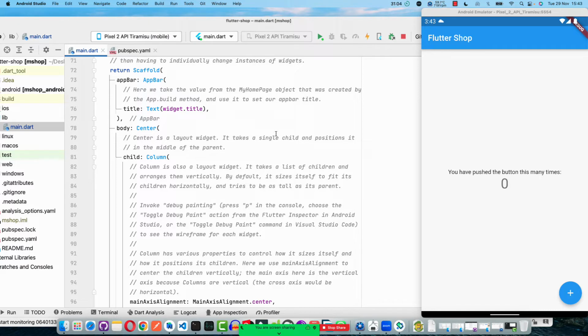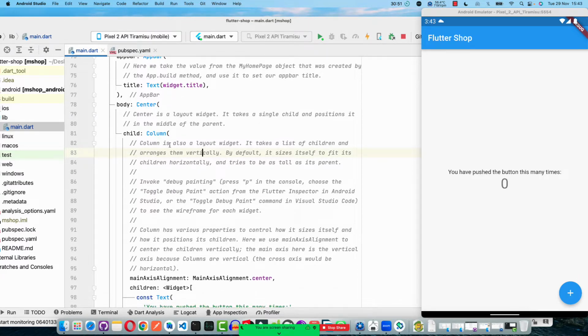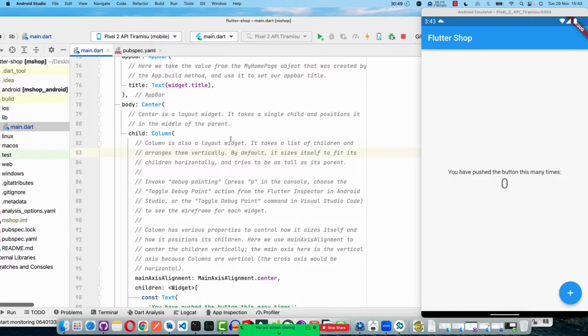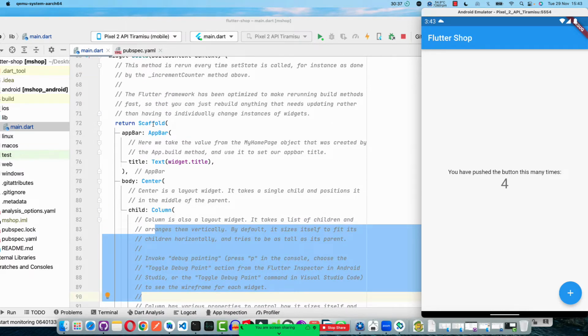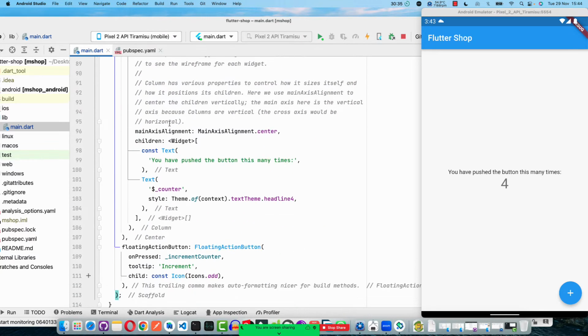So with that much said, I'm going to delete all the unnecessary things, and I'll start everything from scratch, step by step, so that you can understand. When Flutter creates such a thing for you, it gives you even some description about everything. So I'm going to delete unnecessary things. For example, I'm going to remove this button. This button is inside the scaffold. And the scaffold, as I said, is a